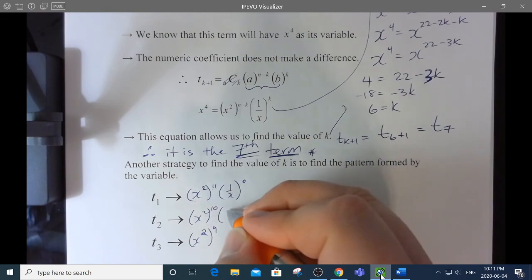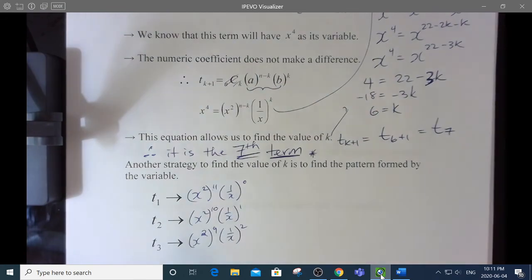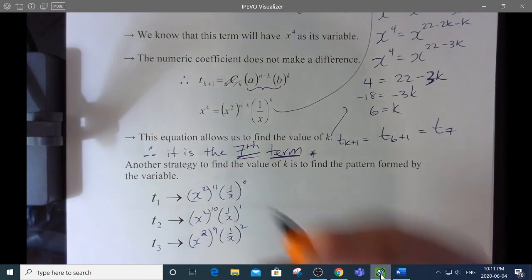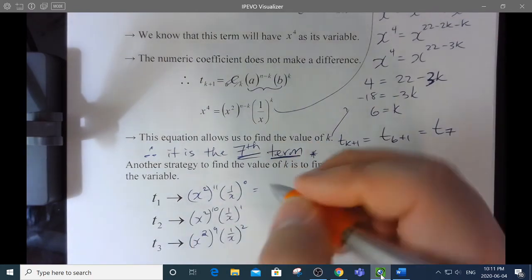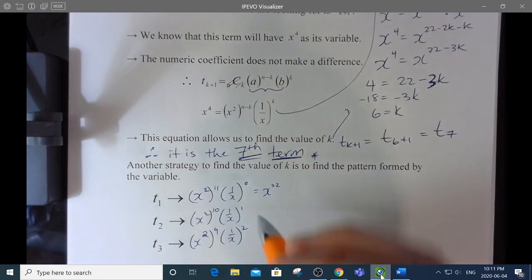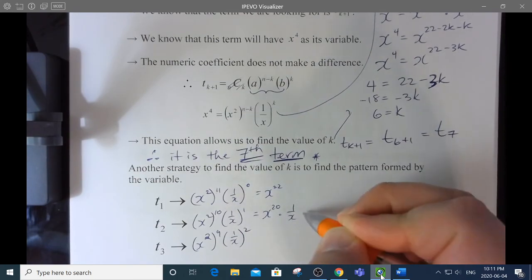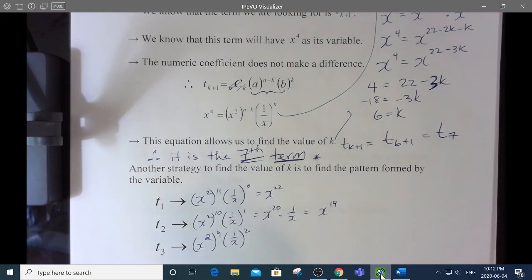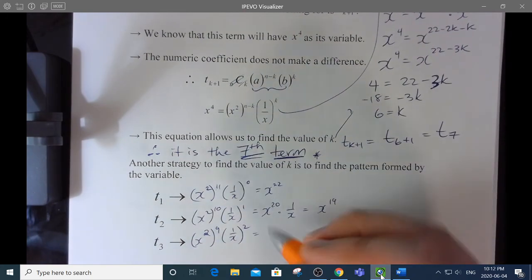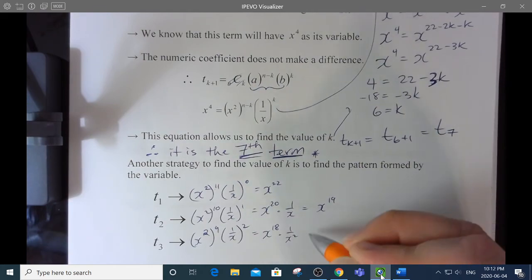And on this one, it goes up 1. Remember that? The pattern for a is that the exponents decrease, and the pattern for b is that the exponents increase. So I just have to think about what that is. So this is x to the 22, right? And then, of course, that's just 1. Then this one would be x to the 20 times 1 over x, which is x to the 19. This one is x to the 18 in the first bracket times 1 over x squared, which would be x